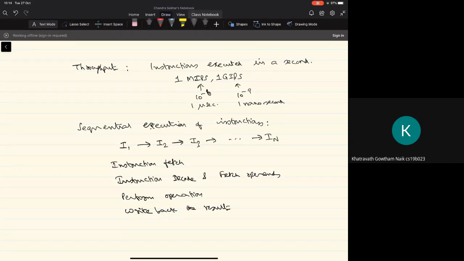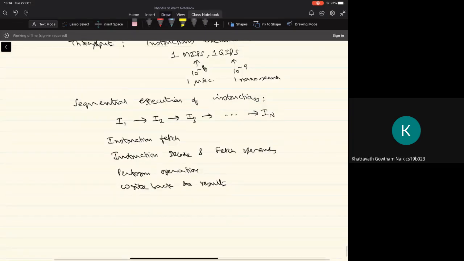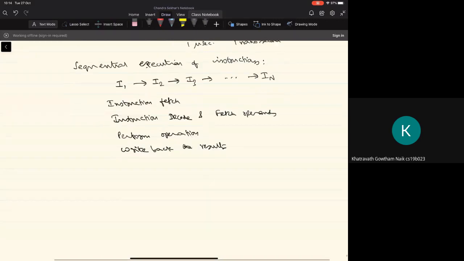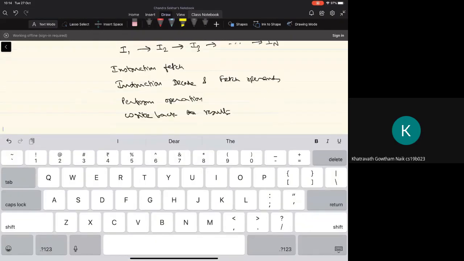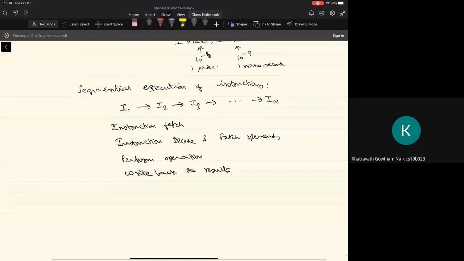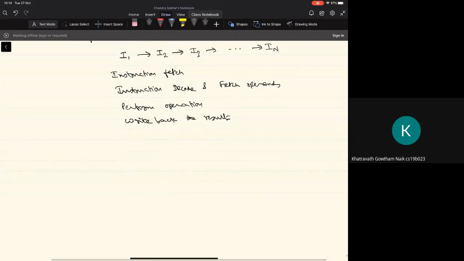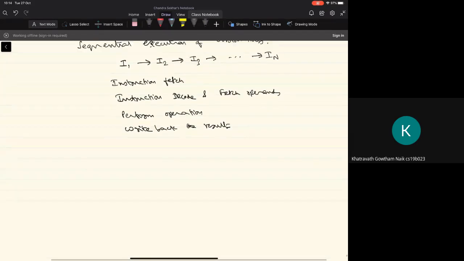Okay, so now let's try to understand what are the different components that are involved in the execution of the instruction and going through these different operations in the execution of the instruction. Okay. So if we take the instruction fetch, we have seen that